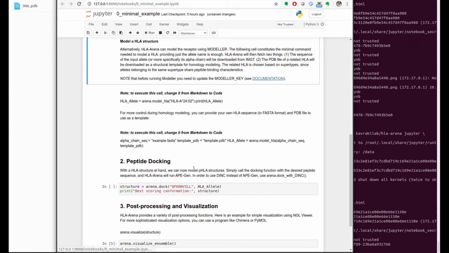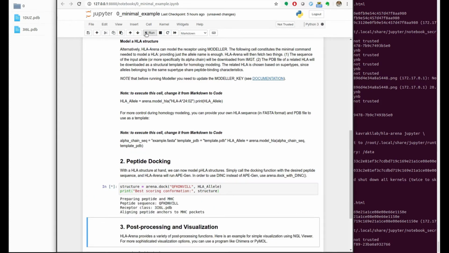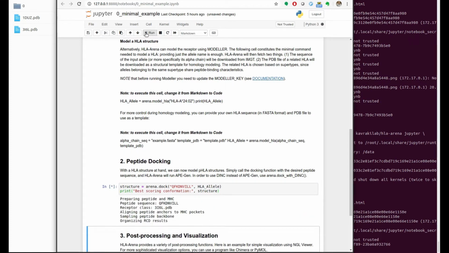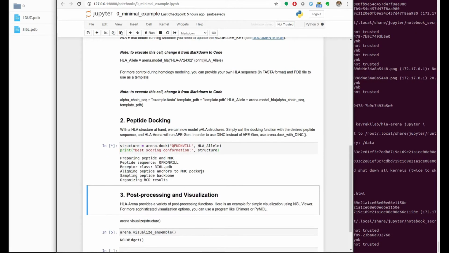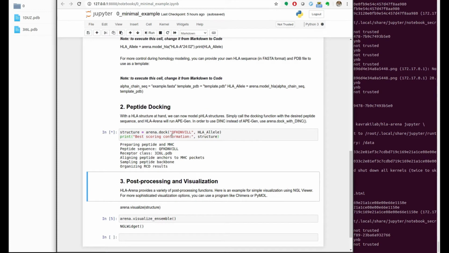next step, which is actually running the peptide docking with ApeGen that I have discussed in the previous tutorial. So you can see here that we are defining the sequence of the peptide as input, and then we are using the structure that we selected before. And this is the input, and the output is being processed here. You can see the sequence of the peptide, the receptor,